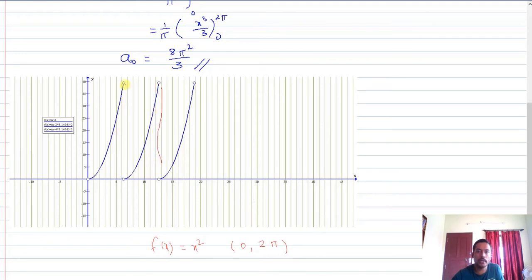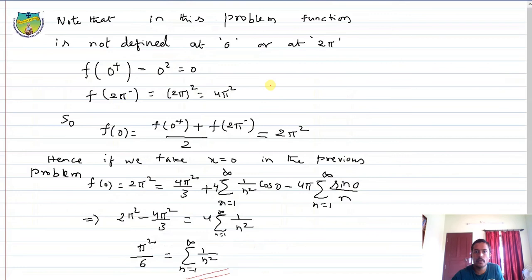So if I want to calculate the function value at say 2 pi, what am I supposed to do? We take the value of the function at 0 and at 2 pi, then we add both the values and divide by 2, that is the average of the two values of the function. So we'll get 2 pi square. How does it come? f of 0, if you put x as 0, you'll get f of 0 as 0. But when you put f of 2 pi, that means 2 pi whole square, that is 4 pi square. So 0 plus 4 pi square divided by 2 gives you 2 pi square as the function value at 0.